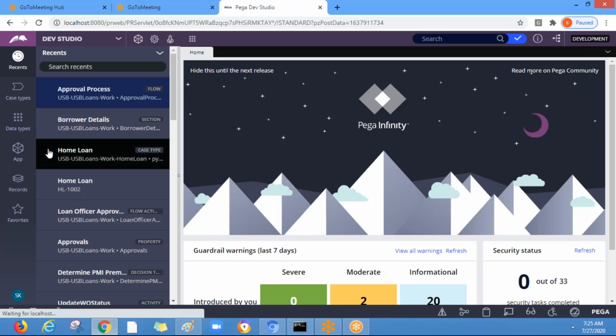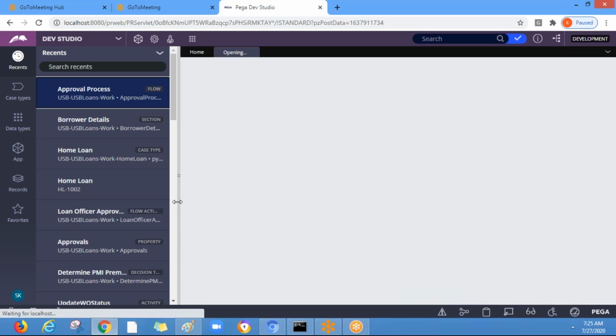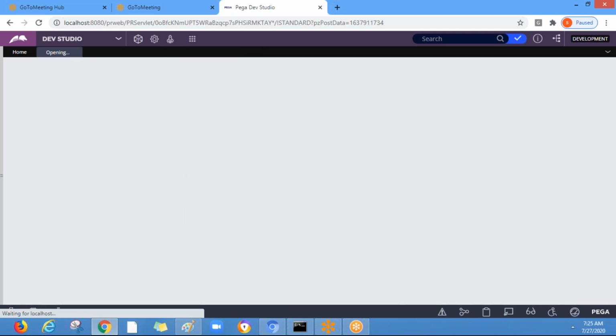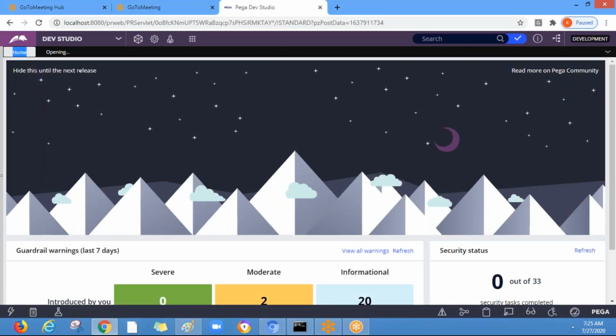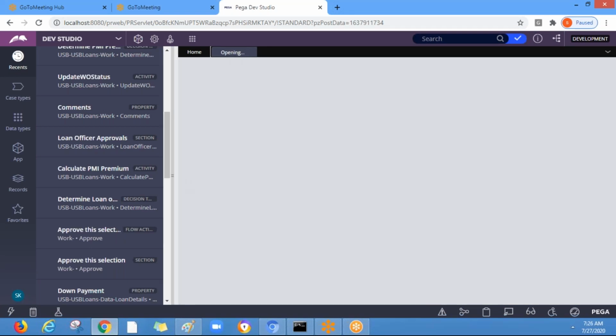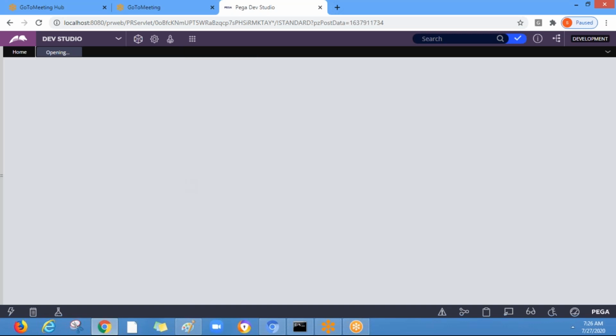Before that, let's test it. By default, you will have the current operator. Let me open the approval process. By default, we'll have the current operator on the assignment shape, and that can be changed.